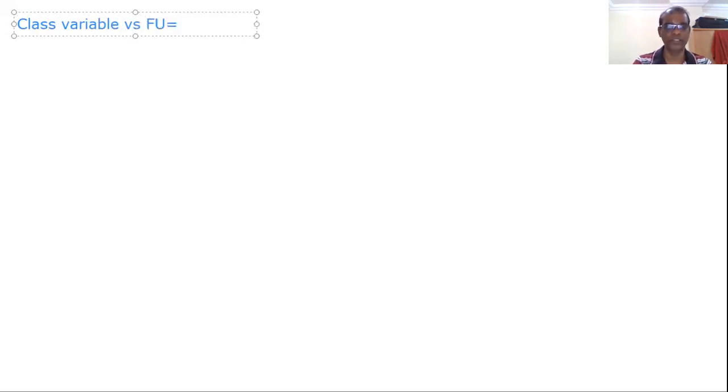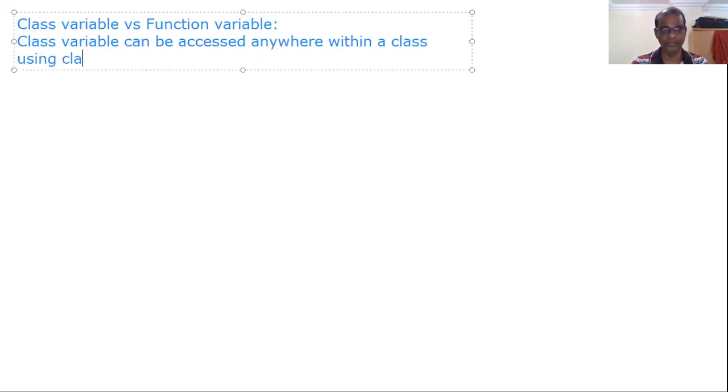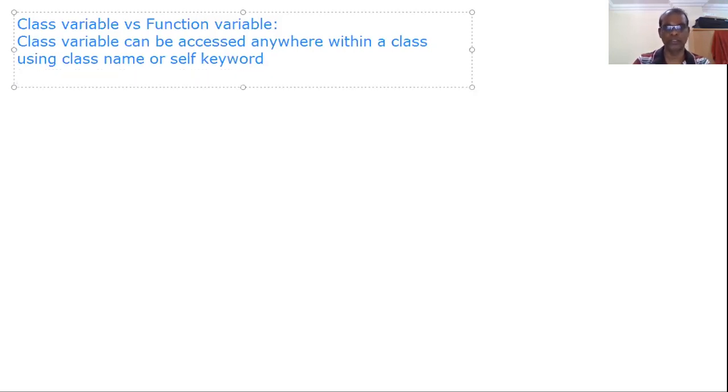Class variable versus function variable. Class variables can be accessed anywhere within a class using class name or self keyword. That is one concept.